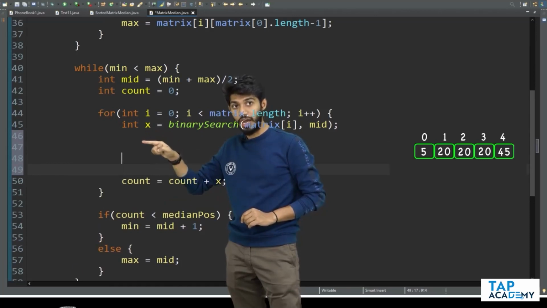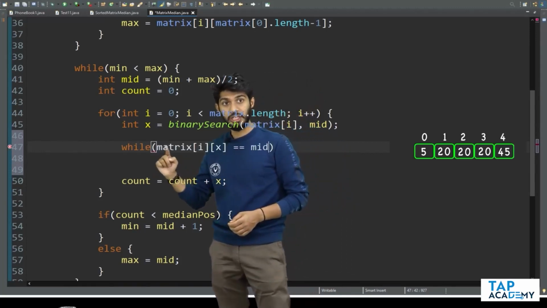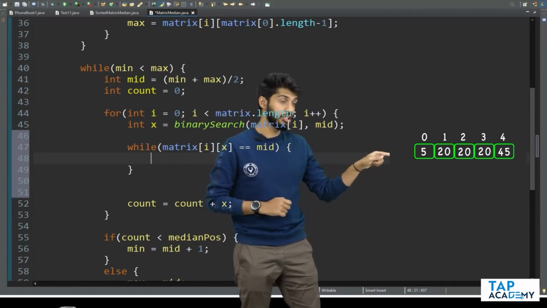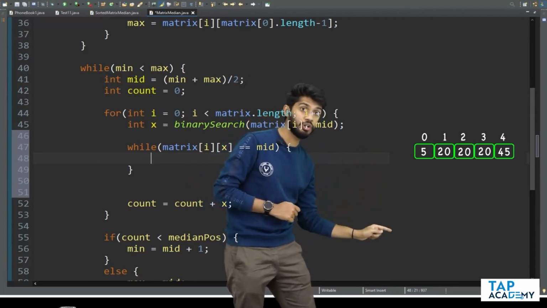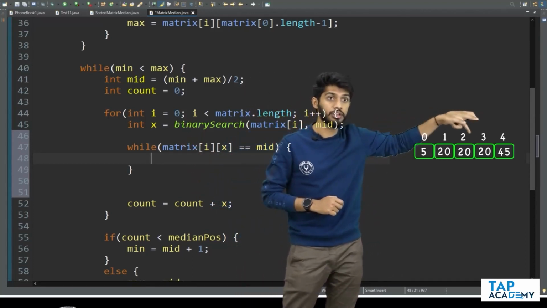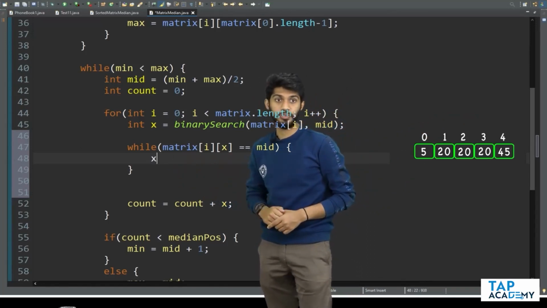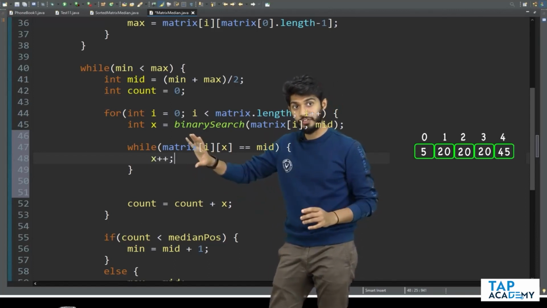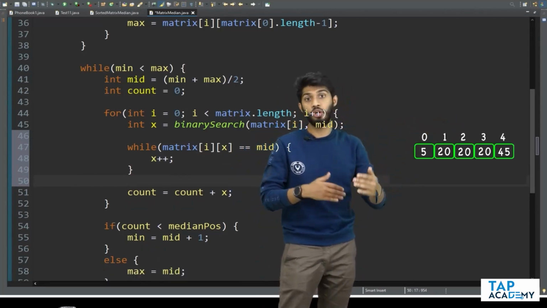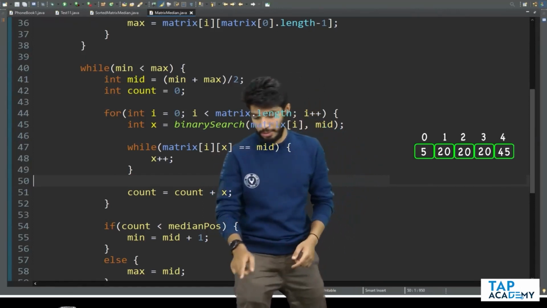Over here I will create one loop, a while loop. In the while, I will paste that condition. Matrix of I, I am writing it because I don't have to check only this particular row. I need to check all the different rows, and this for loop is taking care of that. Now x takes care of this particular thing: if matrix of I and x is equal to mid, I need to increase the value of x. So x plus plus. This is all I have to do. These are some extra steps so that by using binary search, I am not mismatching with the result. The same logic will even help for the previous example as well,